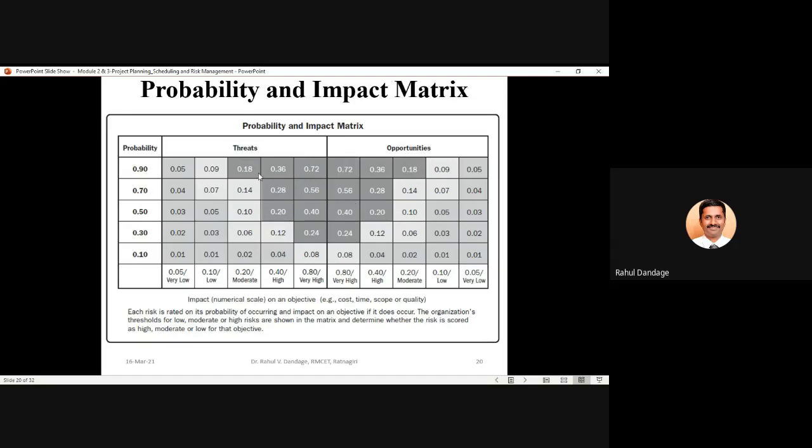Why is it so? Because the dark gray color indicates high priority risk. Middle cells represent the moderate risk, and the light gray cells represent situations where the risks are low priority. If you go for opportunities, the things are like a mirror image. You will have high priority risk first, then moderate, and then low priority risk.